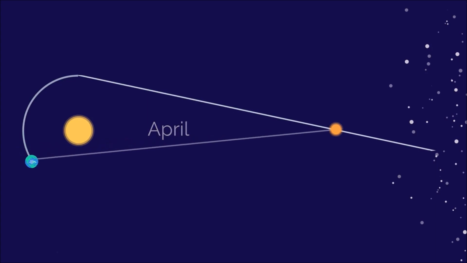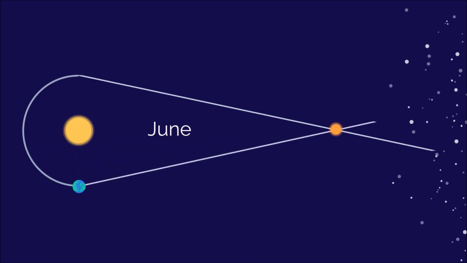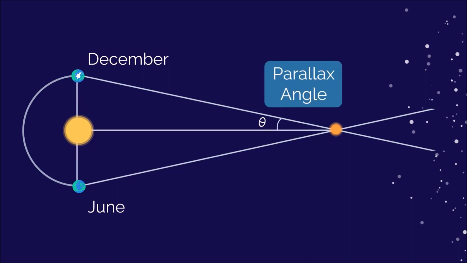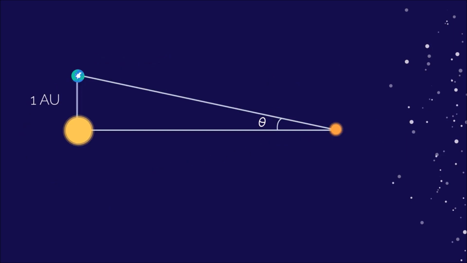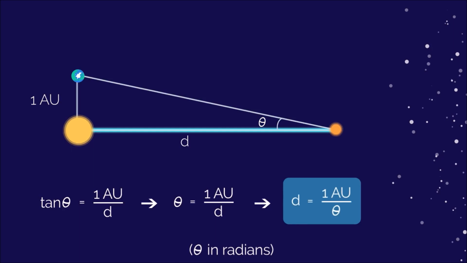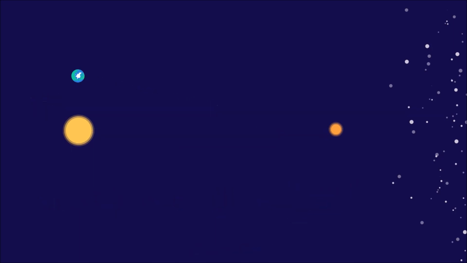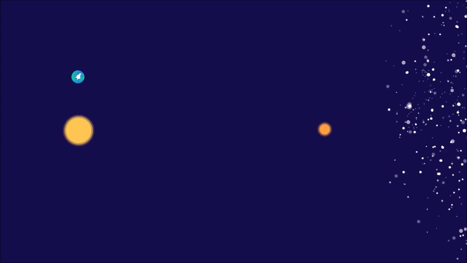If we observe a star when the Earth is at one spot in its orbit, and then wait 6 months for the Earth to move around the Sun to the opposite point along its orbit and observe the star again, we can measure the parallax angle. Since we already know the distance from the Earth to the Sun, we can now use this parallax angle and some trigonometry to work out exactly how far away the star is. This is really useful because it allows us to calculate the distance to nearby stars very accurately. This can then be used to check the distance measured by different methods to even more distant objects out in